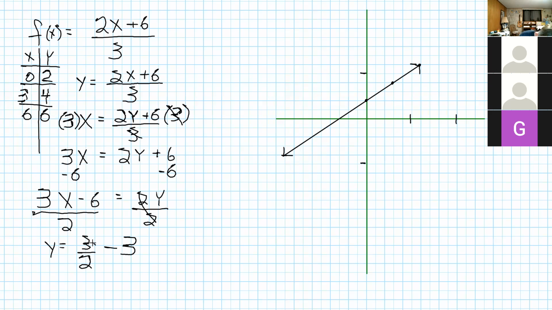Oh, 3 halves x, sorry. You see where I got that? Splitting this up into 2 separate fractions. Yes. And then finally,